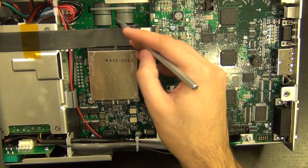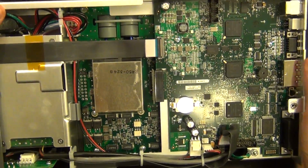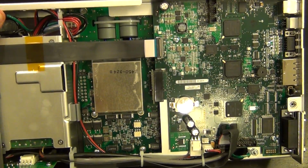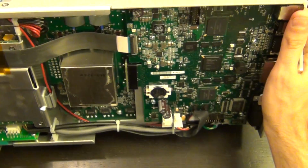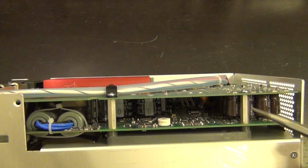Here's some ferrite cores here for some filtering. Some wires loop around here, perhaps to get rid of some transient effect or to protect the instruments inside from seeing very, very large voltages due to some current spikes. So there's some filters that have been designed there. And if I flip it a little bit to this side, you can see between the two boards, there is